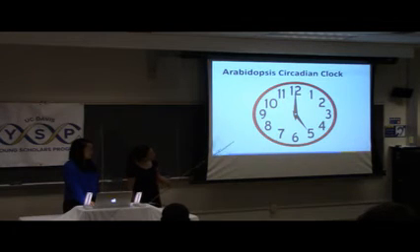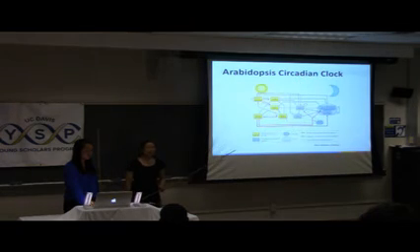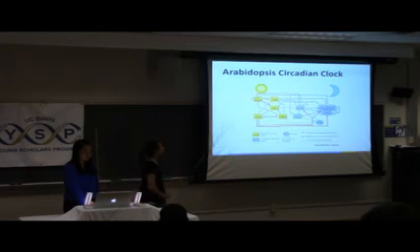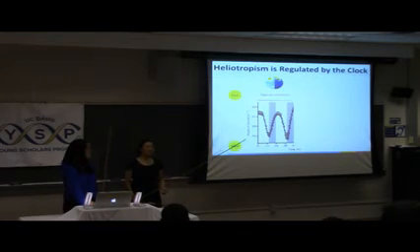So the circadian clock does not look like an actual clock, and nor does it run on batteries. Instead, in plants, specifically in Arabidopsis, it's made up of a network of genes that control and regulate each other at specific times of the day. Previously, the Harmer lab showed that the circadian clock plays a role in solar tracking. So remember that the circadian clock can continue producing rhythmic outputs even in the absence of inputs.